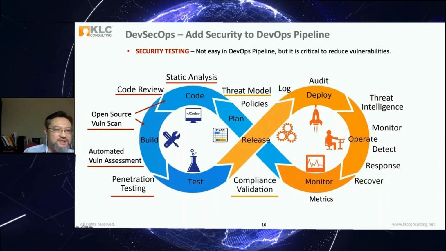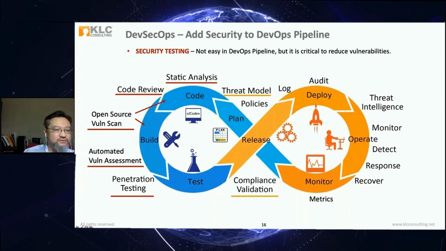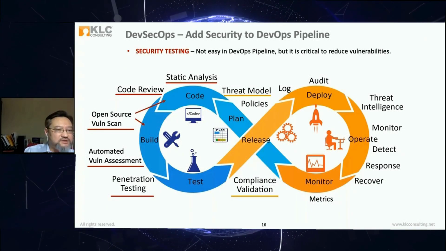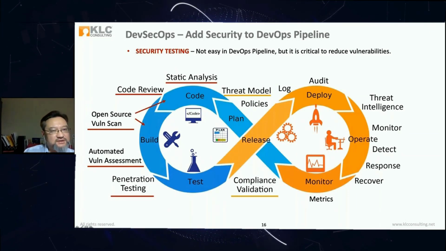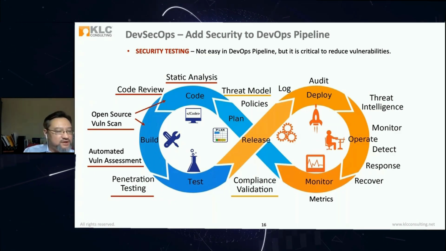And then there is automated vulnerability assessment. This is when the application is actually running, right? You want to do a scan. This may not be done quickly. So you might have to create a separate, parallel pipeline for this to run, or do a scheduled scan, right? Because this will run many hours. So you want it in line in this DevOps pipeline, but you probably can just do the scan after you have the release. But if you find a vulnerability, you can just roll back.